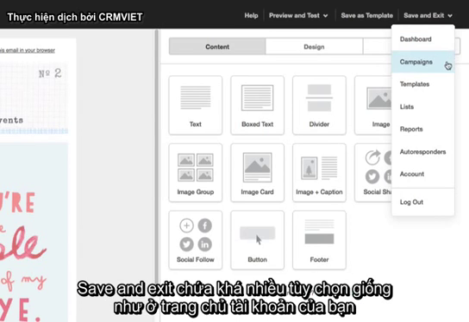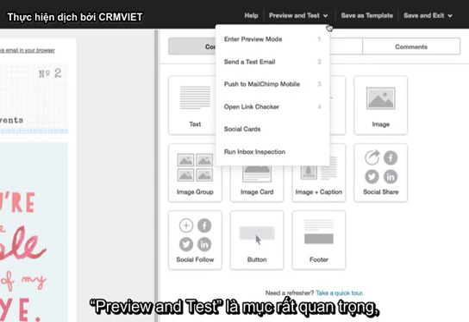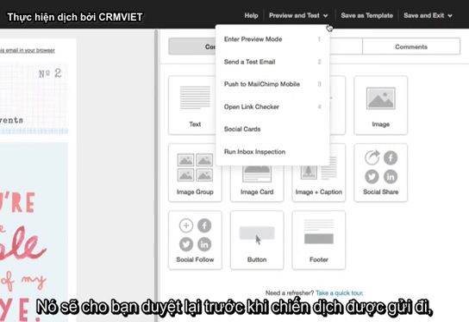Save and Exit will allow you to navigate out of the campaign builder to any section in your account. Preview and Test is a really important option because it will allow you to view your campaign before it is sent to make sure